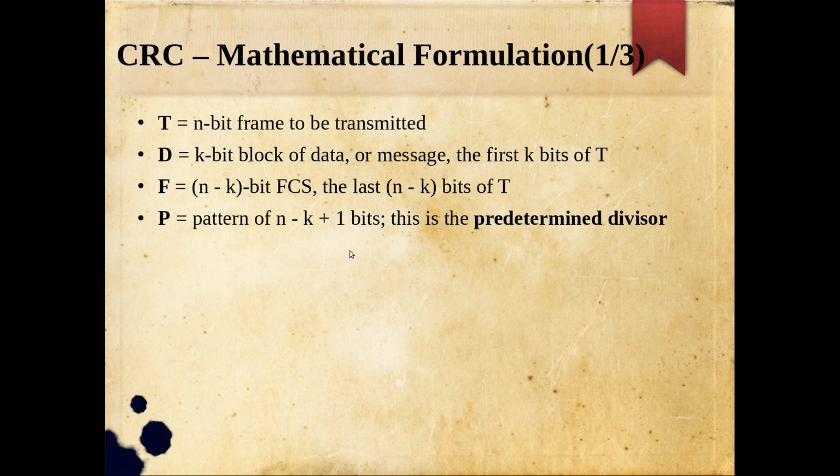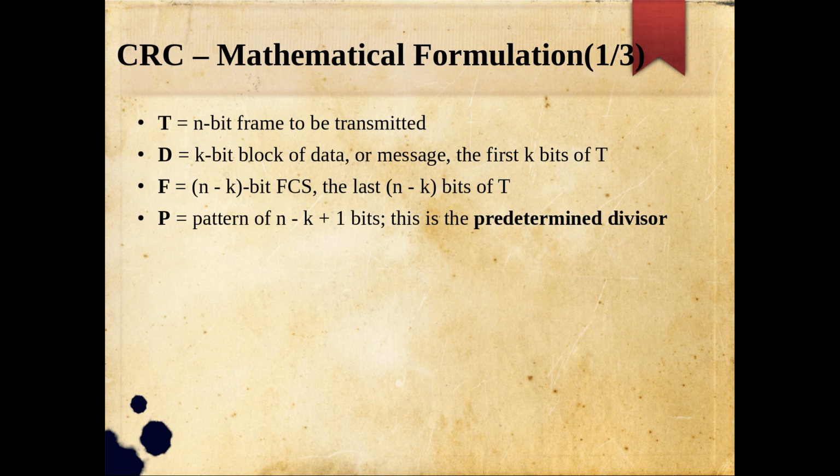But even though I am saying that it is a randomly chosen pattern of length n minus k plus 1, actually it is not randomly chosen. We will see how to choose this pattern, because this pattern has a crucial role in tracking the residual error. That means sometimes your algorithm, after performing the division at the receiver side, may get a remainder 0 and say that there is no error, but actually there is an error. So the bits may change in such a way that your CRC algorithm is not able to detect the error. That is what we call the residual error rate. That you have to minimize.